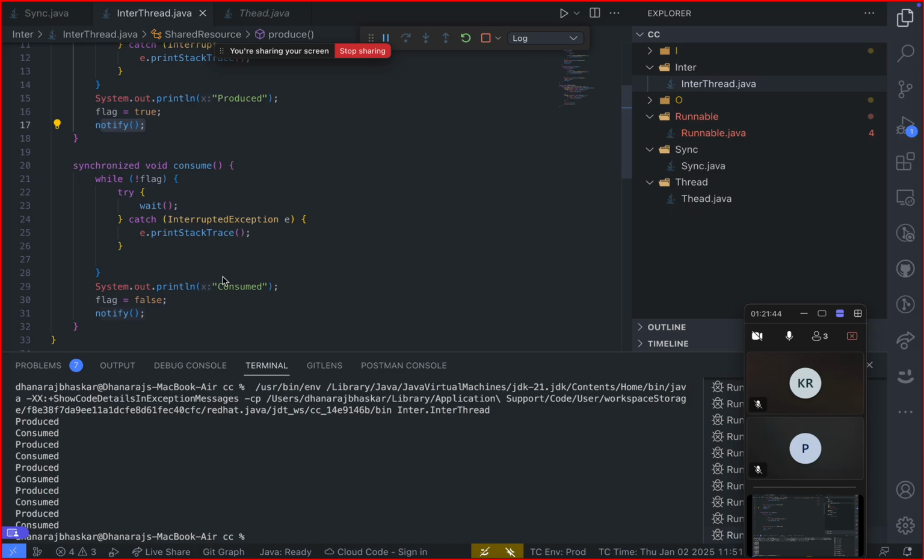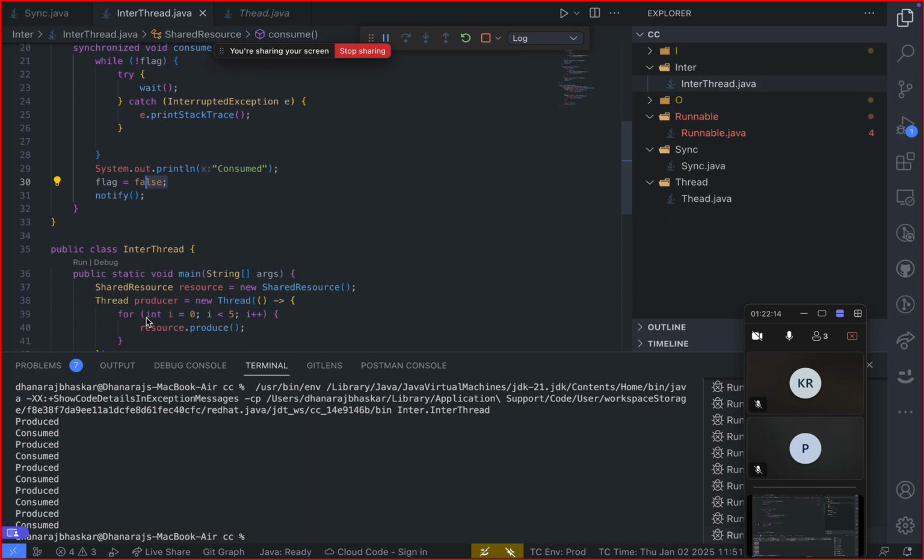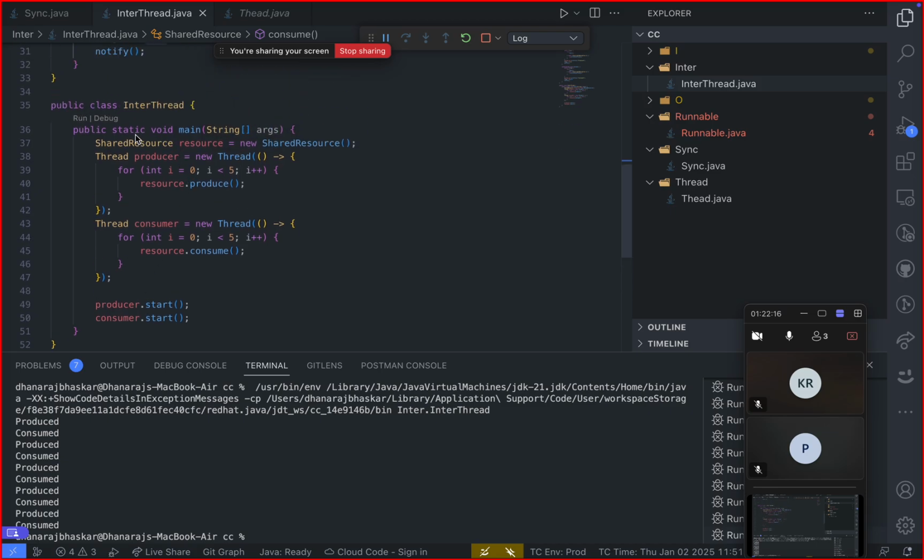After consuming, it sets the flag to false, you can see at line number 30, and calls notify to wake up the producer. The flow: if the flag is false, it waits if there is nothing to consume, consumes the item, and updates the flag. After that we notify the producer thread, and the output is "consumed". Now in the main class, in the main method,